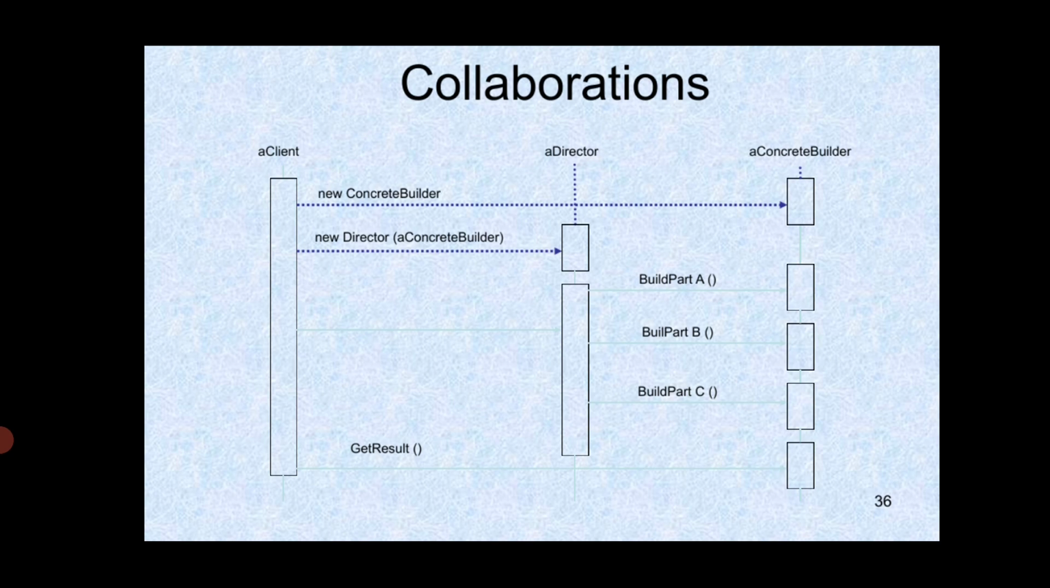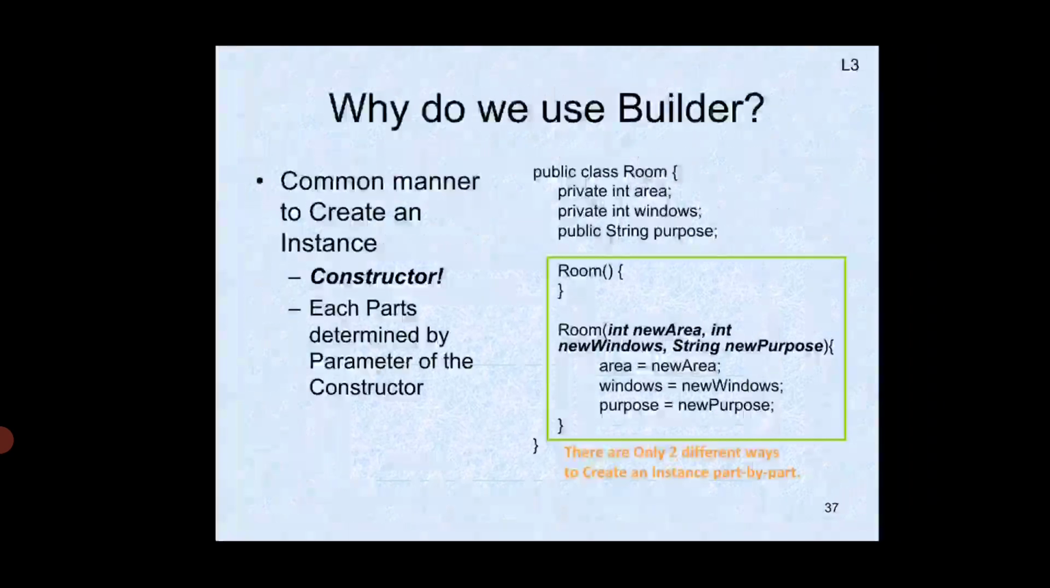The following interaction diagram illustrates how the builder and the director cooperate with a client. This is nothing but the diagrammatic representation of the builder pattern. Next, we need to study why we use a builder. Why do we use a builder? In the sense,